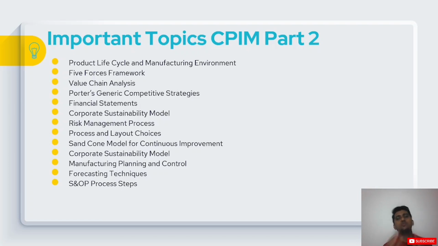S&OP process, how the process is, what is the first step, second, third, fourth, fifth step, the end-to-end process. You should know the different functions and stakeholders involved in the S&OP process. MRP as a process: what is MRP, what is the input to MRP, what is the output of MRP, how MRP functions as a process, resource planning steps, CRP model,